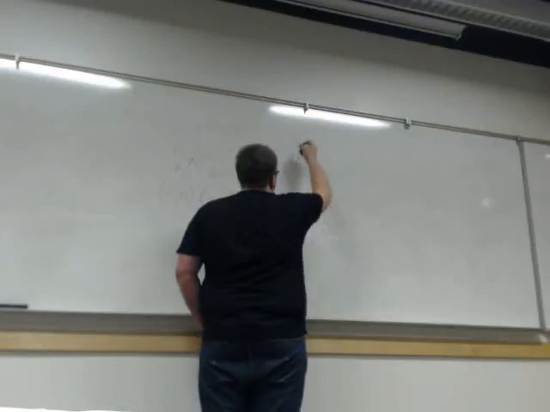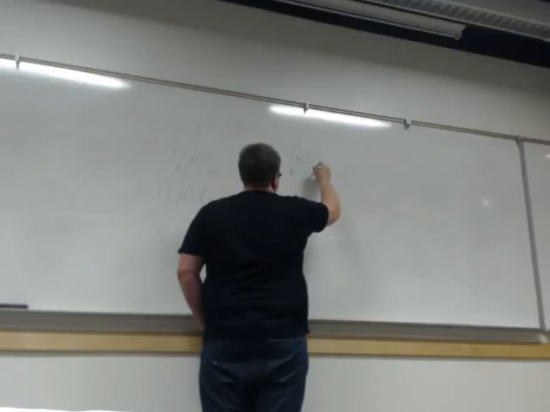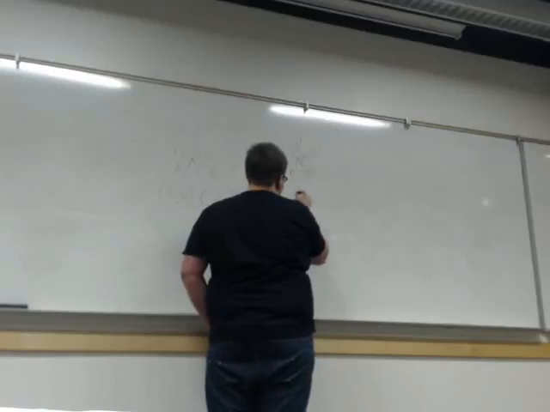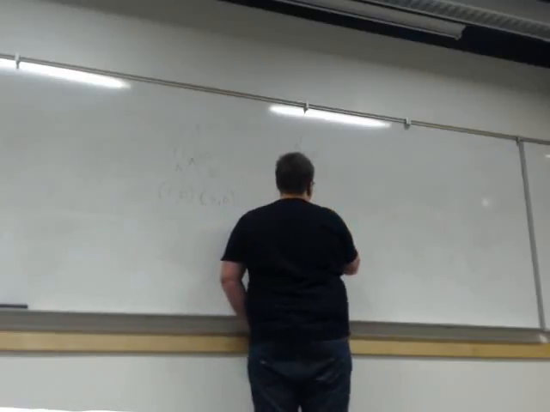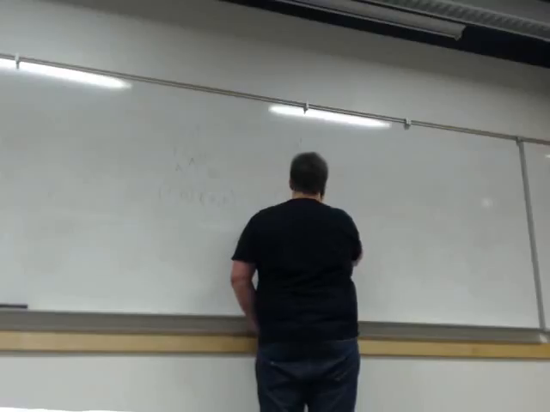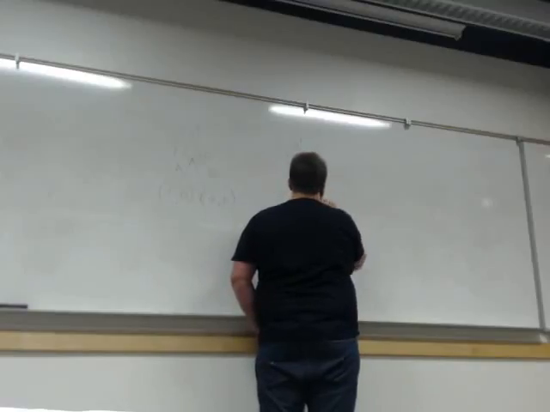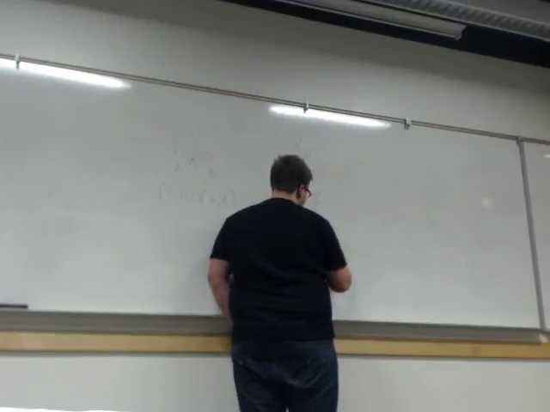So they can offer between 0 and 1. Player 1 does. Player 2 can accept or reject. And if they accept in the 2-stage game, then they'll get some number and some other number, right? And if they reject, then player 1 now gets another chance to accept or reject. And if they reject, then it's 0, 0.